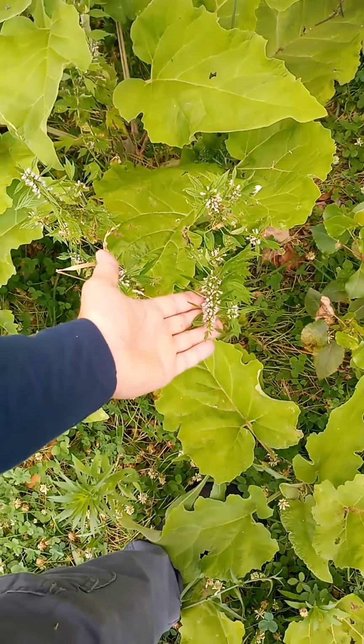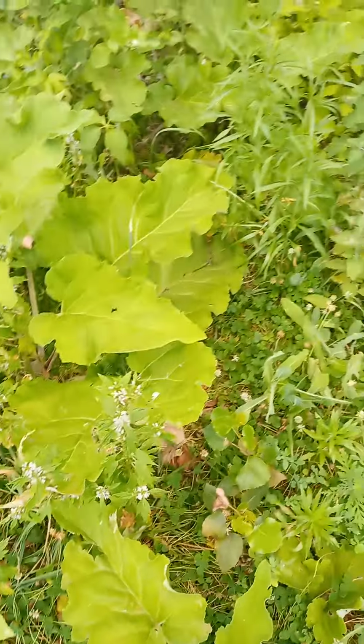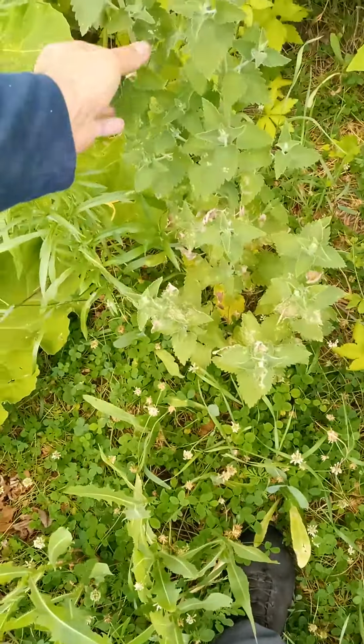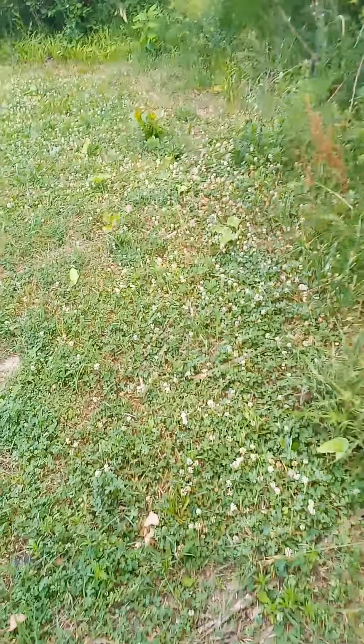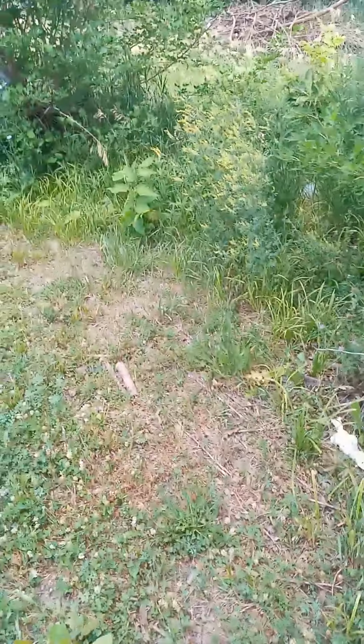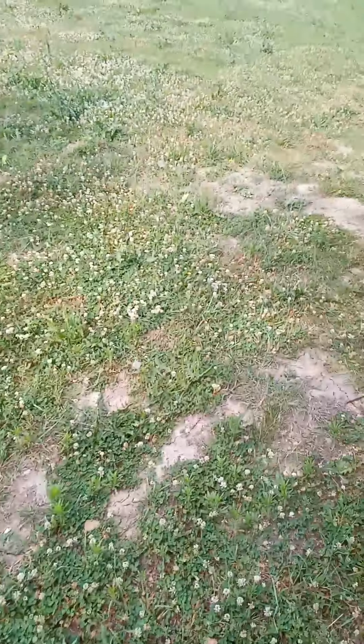I'm not sure what this is, but it almost has that marijuana look to it. That looks like it's in the mint family. It's got a square stem, so it probably is a mint of some sort. More mulberries, clover, chicory, dandelions,